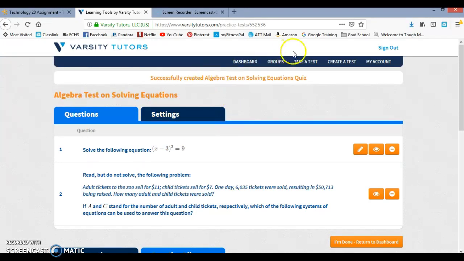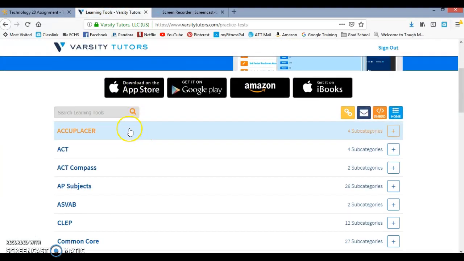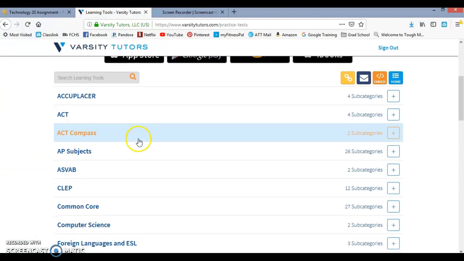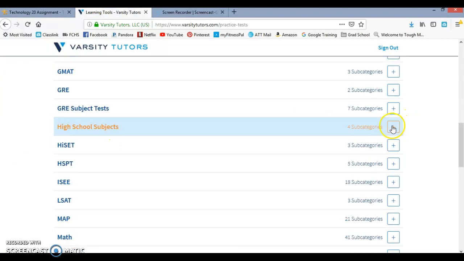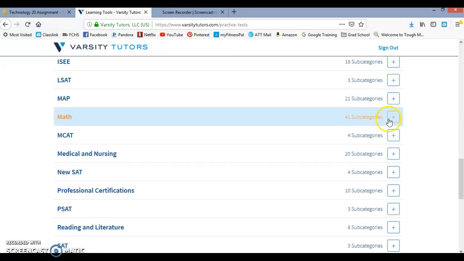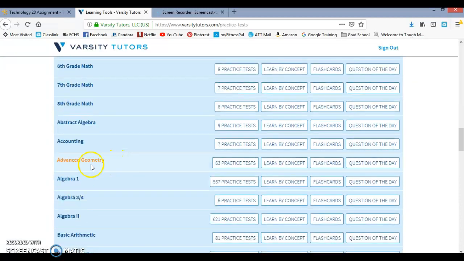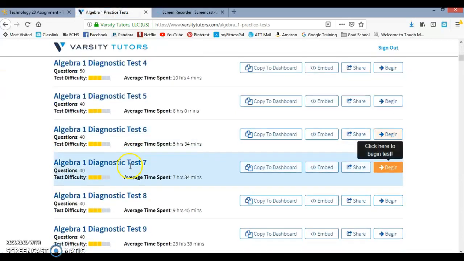So then you can go to take a test. Okay, and if you scroll down to whichever test you would like, let's go down to math and Algebra 1, and I can pick from practice tests, I can pick from flashcards, question of the day. So I'm going to try a practice test,